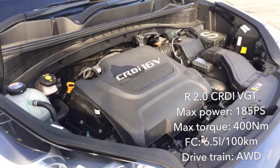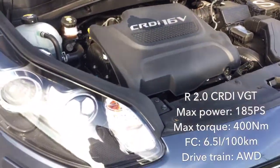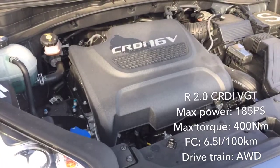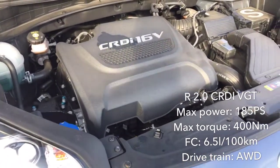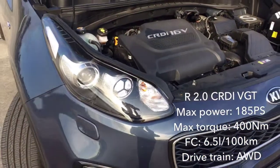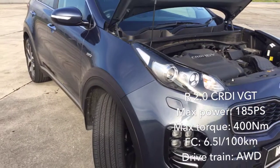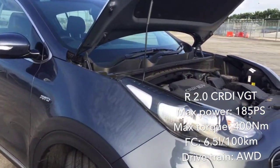Now this particular Sportage GT Line is a bit unique in the sense that it's powered by the 2-liter CRDI engine. Now this engine is able to produce 185 horsepower and a whopping 400 Newton meters of torque from as low as 1750 to 2750. Now this isn't the first SUV